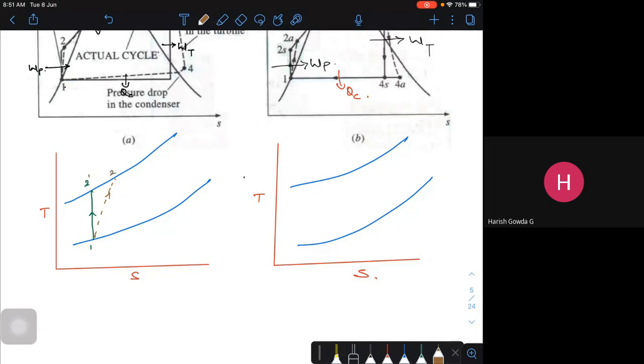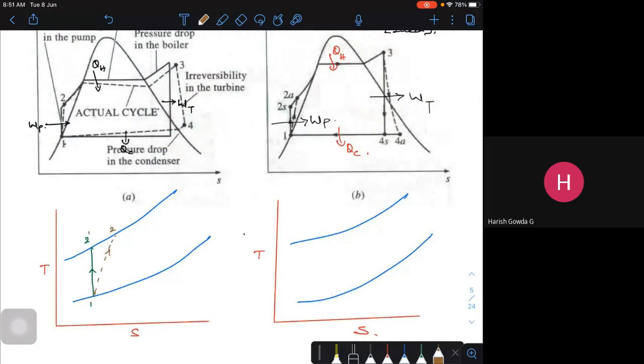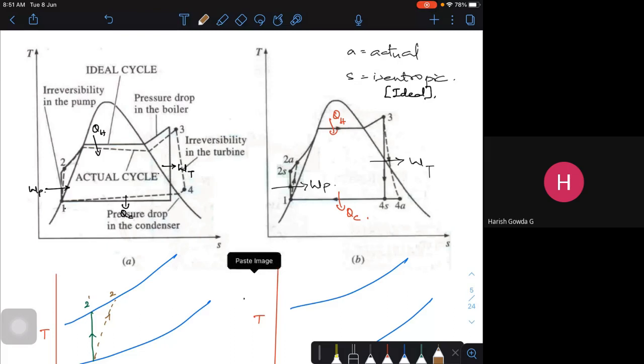Compressors and pumps are all work-absorbing devices. So the same thing is happening here, what you're seeing in the dotted or broken line. I'll be doing more work in the actual case, instead of the less work of the ideal isentropic case, on the pump. But what will happen to the pressure? I'm expecting a particular pressure of maybe 20 bar or 30 bar, but I may not get that pressure because these are real working devices.